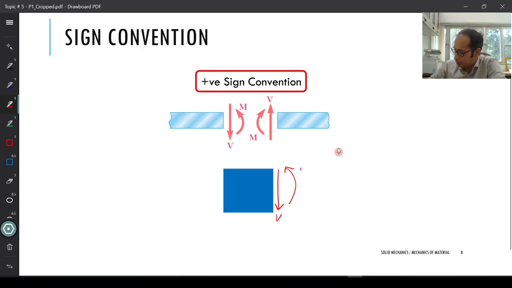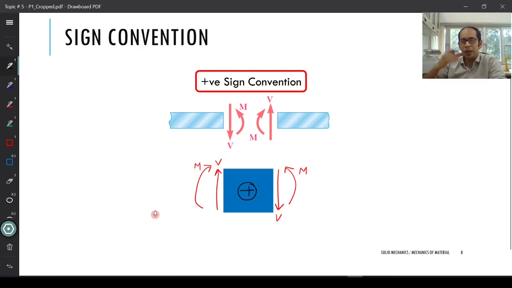So this is my V, this is my M over here. And if I'm looking at the left hand side, I'm going from right to left, here also from right to left. So here my positive V is acting vertically up, and a positive moment is acting like this over here. So this overall is a positive element,